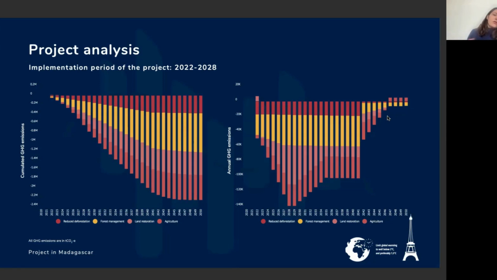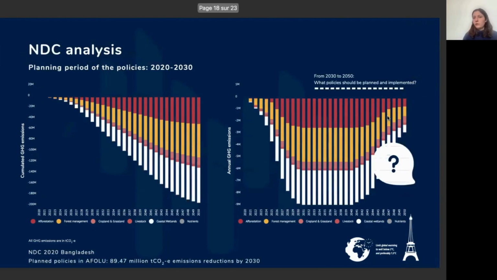So this is just to show you that it's interesting to have this vision in annual estimates, because you may see that in the future, what you wanted to implement will not be enough, let's say, to have this long-term mitigation potential. At some point it will decrease, and you may want to think longer term and say, okay, what can I change? Here the same thing you can see in the NDC analysis for Bangladesh,